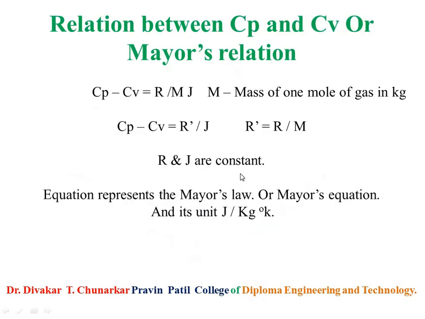In this relation, Cp upon Cv equals gamma, and gamma is a constant value. Since Cp upon Cv is greater than 1, gamma is greater than 1. The value of gamma equals 1.66 for monoatomic gases, 1.41 for diatomic gases, and 1.31 for triatomic gases. This is an important value for a gas, keep it in your mind.